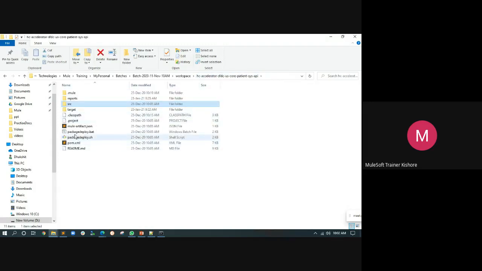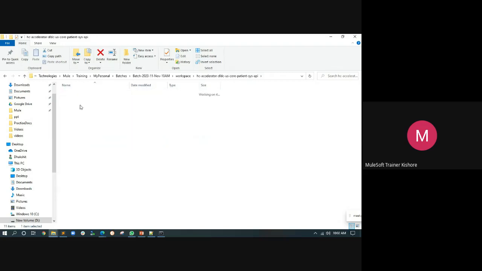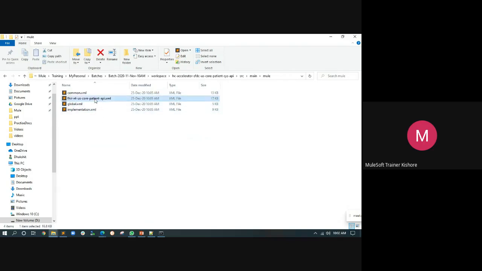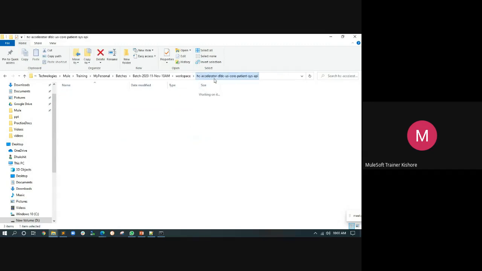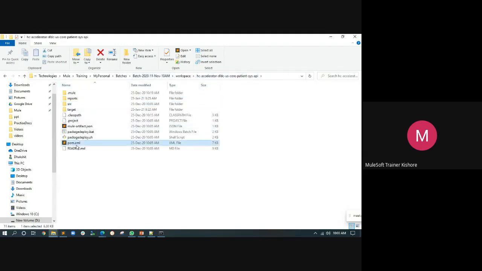So starting with your project, main files, mule, you have global.xml, you have your API created, you have your implementation created, and then we covered configuration files, secure configuration files, we covered DataWeave modules, we covered examples, right? So whatnot we tried to cover. We covered MUnits as well, right? And even pom.xml, whatever settings you make in the pom.xml, we covered that.